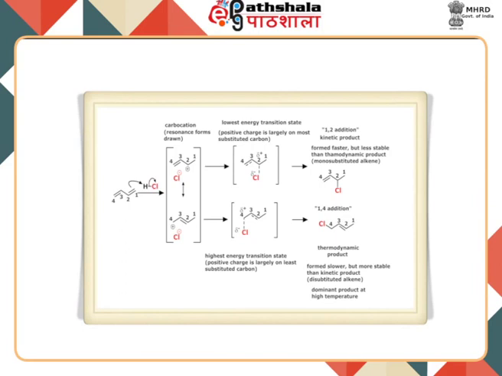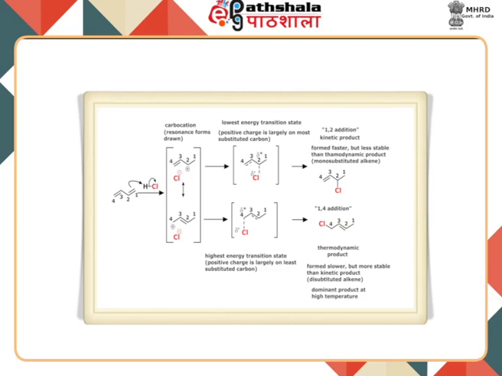The transition state for 1,4 addition has positive charge on the less substituted carbon, therefore its activation energy is large and it is formed slowly. Whereas the transition state for 1,2 addition has positive charge on the more substituted carbon and has lesser activation energy, thus formed faster. This can be shown here in case of